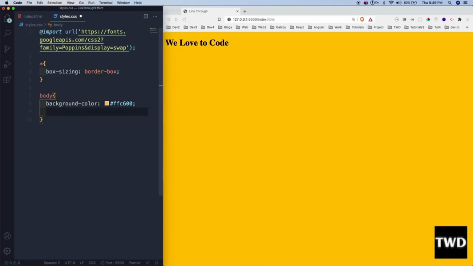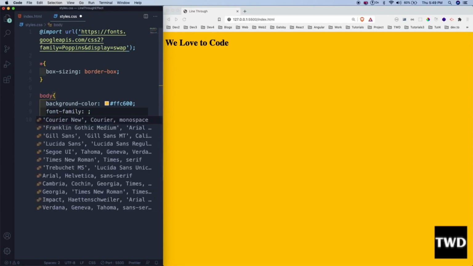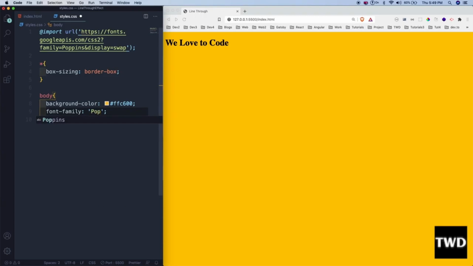Font family, so the new Google font which we have just imported, when we are going to use it, we have to use this name and inside a quote, Poppins, comma, sans serif. If it is not available, then it will go to sans serif, which is by default there. Height is 100 vertical height, overflow is hidden. We see the font has changed,